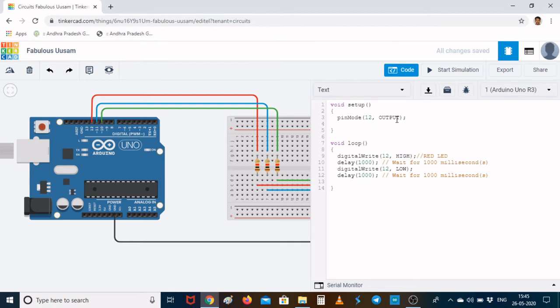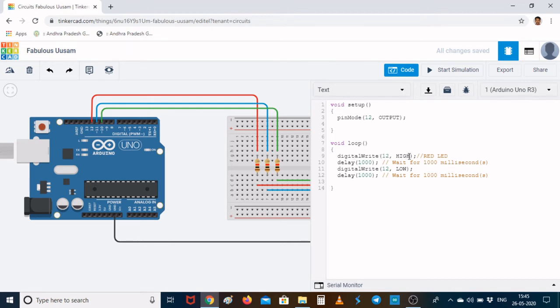Let us understand what is written here. In the void setup, pinMode within brackets 12 comma OUTPUT. So that means using the pinMode command, the 12th pin has been made an output.